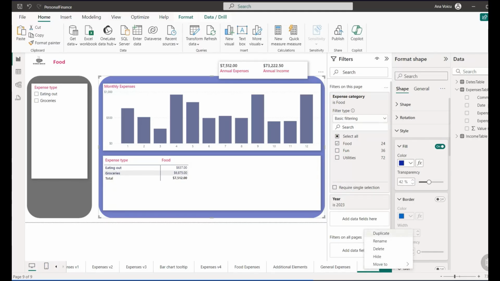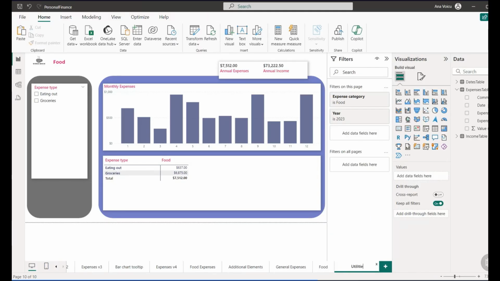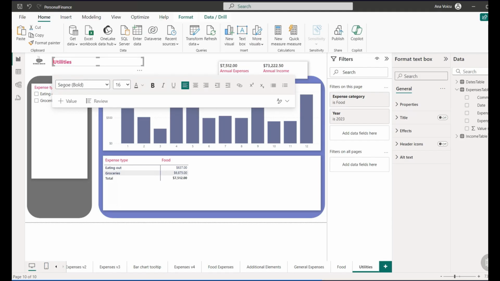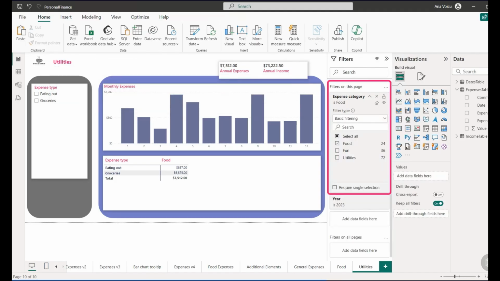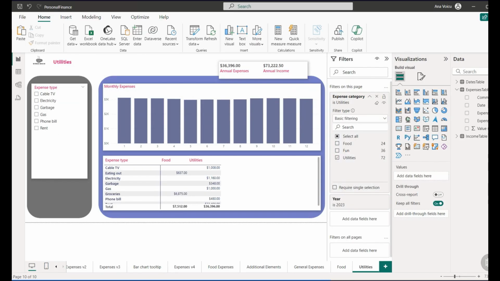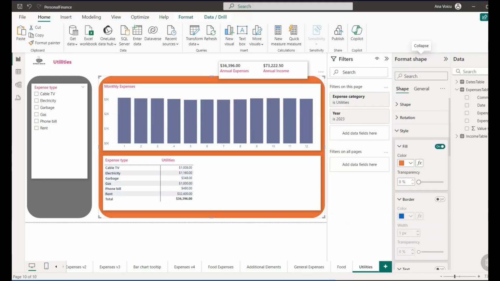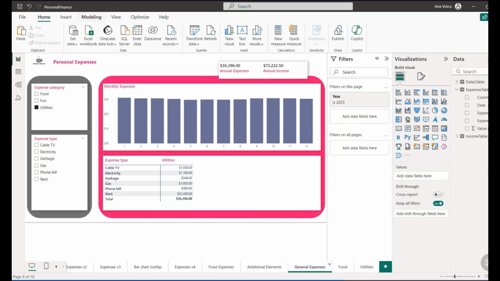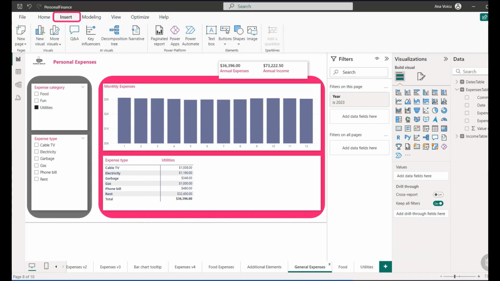Then I will duplicate this page and call it Utilities. Change the title to Utilities. Update the page level filter accordingly. And change the color of the shape. What I want to do next is to navigate from the general expenses to food and from food to utilities and back. If you go to the Insert tab